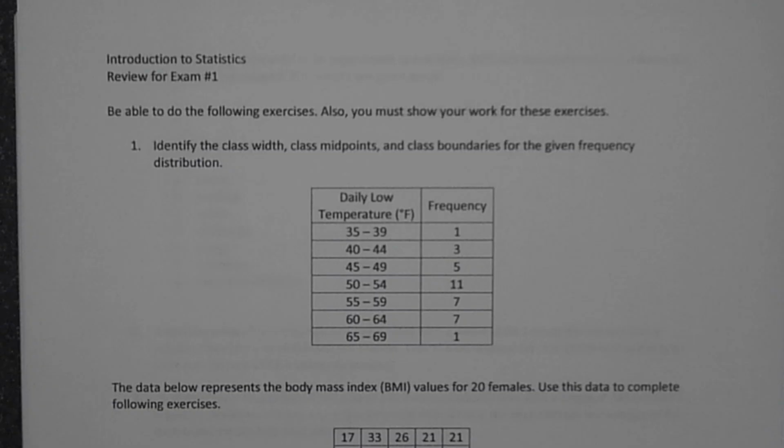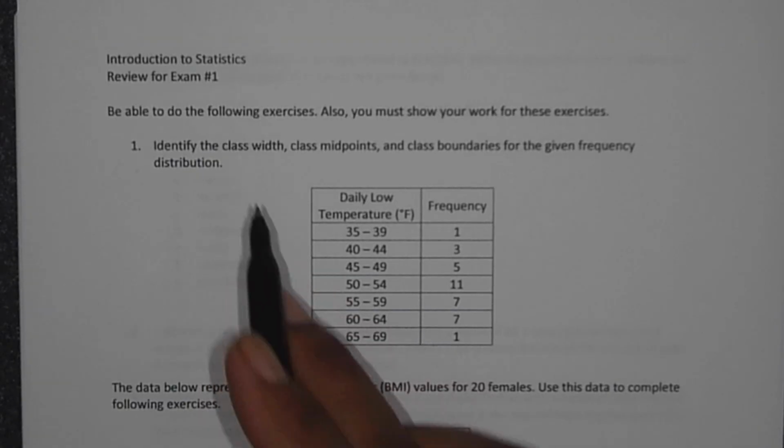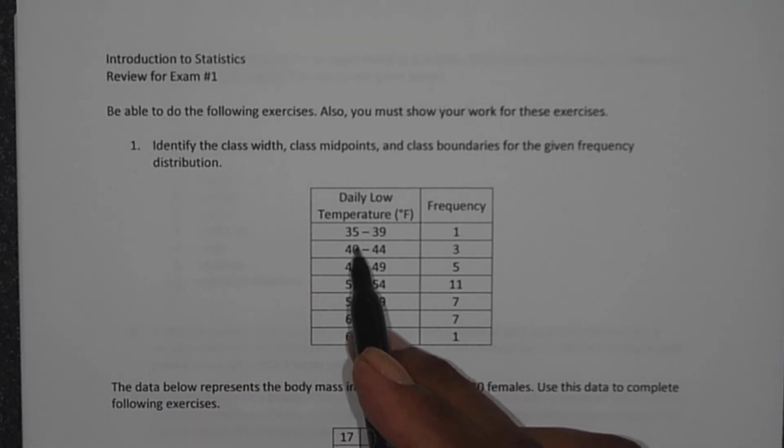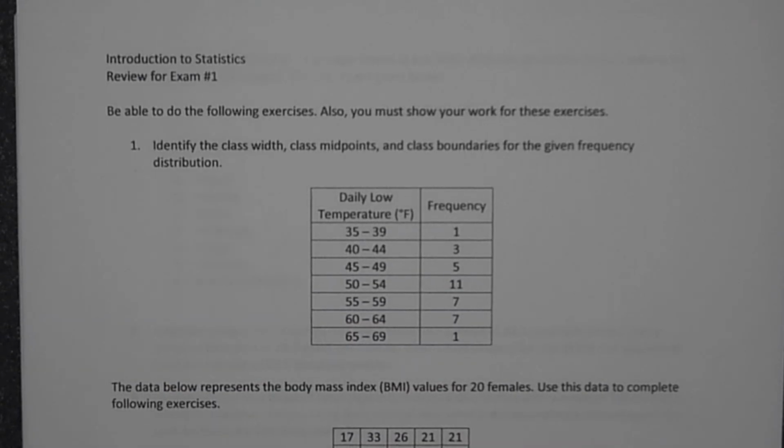So here we're going to identify the class width in problem number 1. For the class width, you take the difference between any two lower class limits, or the difference between any two consecutive upper class limits. So like this one,